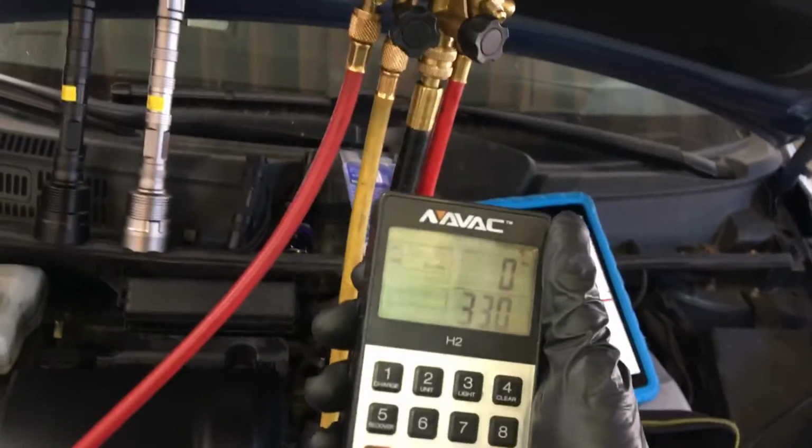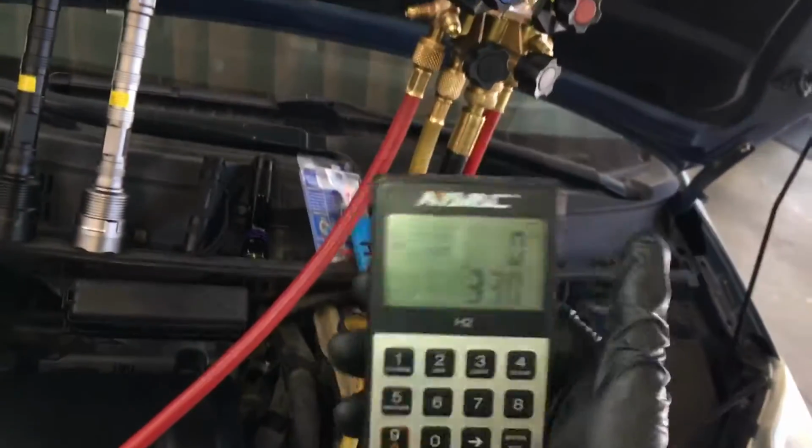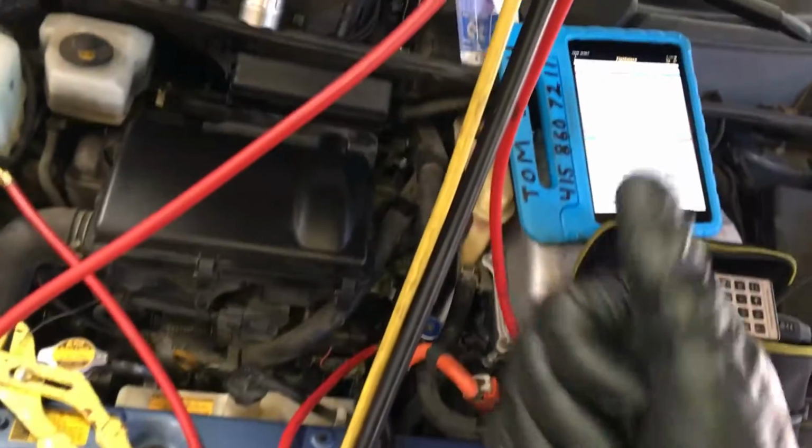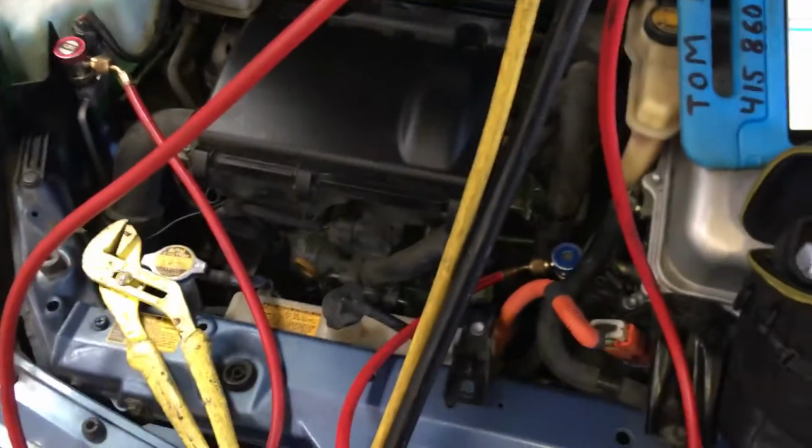But I'm gonna get the vacuum pump over here and turn on the vacuum pump, and I'm gonna fill this system anyway all the way up to the factory fill specification of 420 or 480 grams, just to confirm and double check that the compressor is not working correctly. And if it turns out like the last video where you've seen,